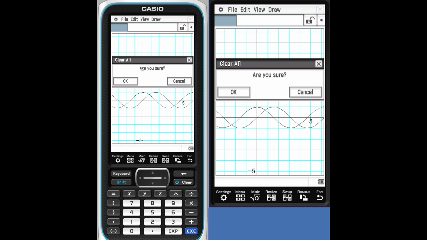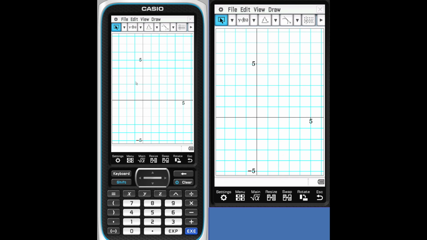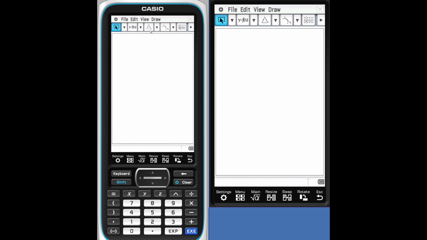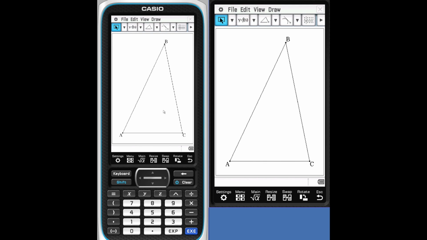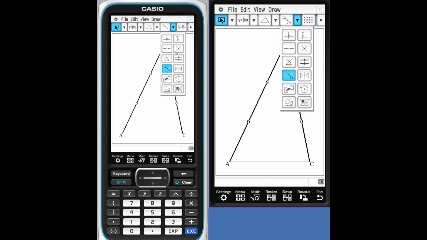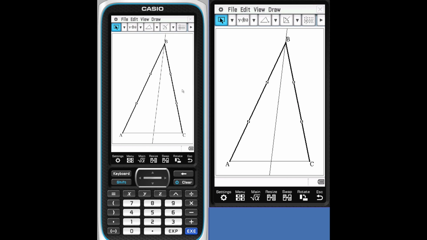Let's go ahead and clear all. I'm going to change my window one more time. Let's look at some of the centers of a triangle. We'll start out with a regular triangle. Let's go with the angle bisectors today. So we'll select two sides. We'll select the angle bisector. Select another two sides. Angle bisector. And I'll let you take one guess. When I select the third set of sides, angle bisector, you get the point of intersection there.